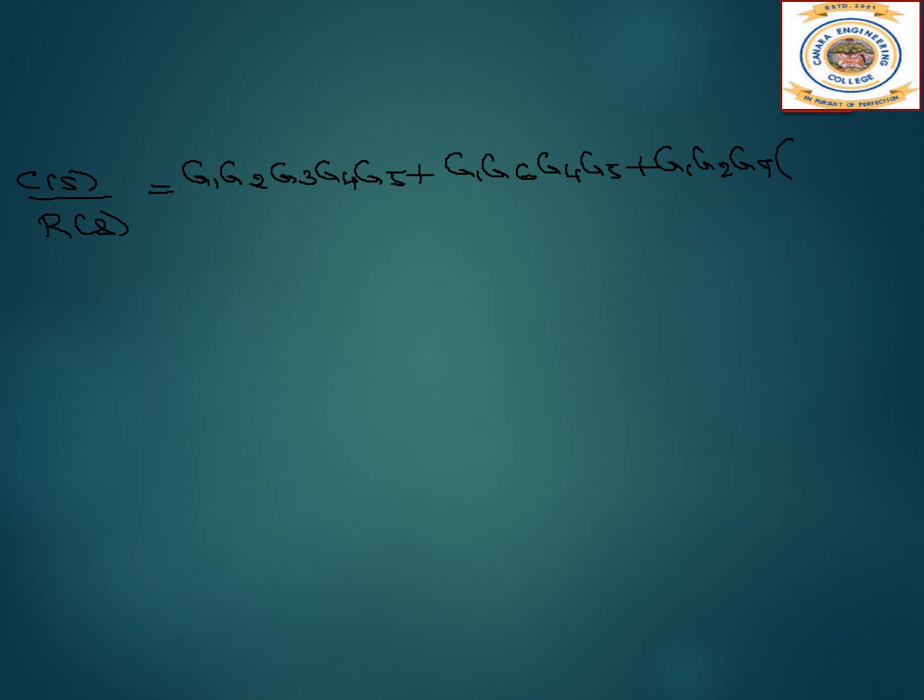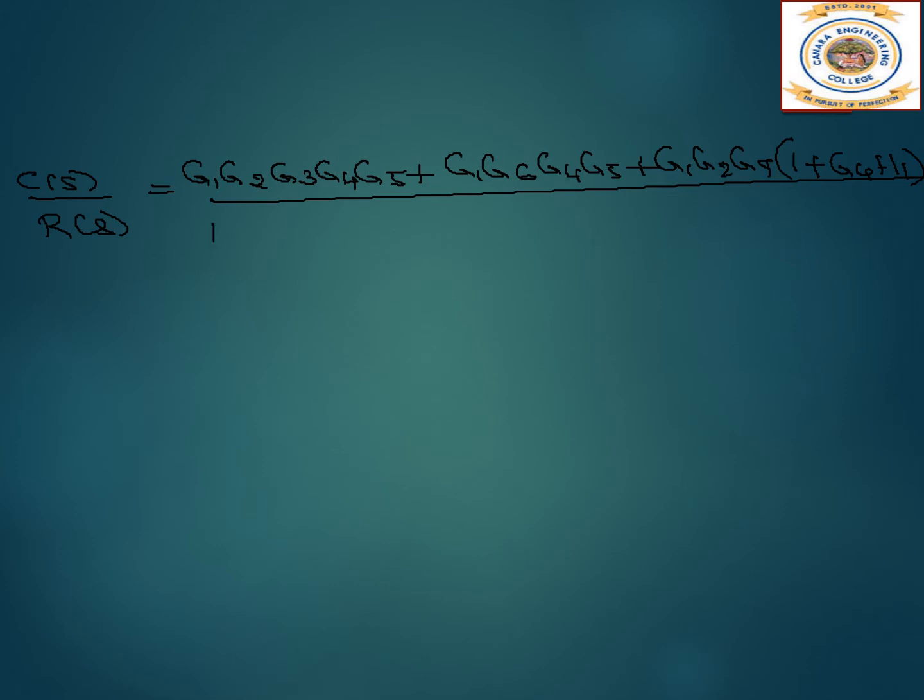Here we have delta 3. 1 minus, it is 1 plus G4H1. So this is 1 plus G4H1 whole divided by,